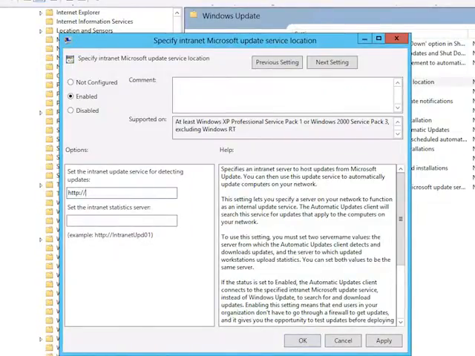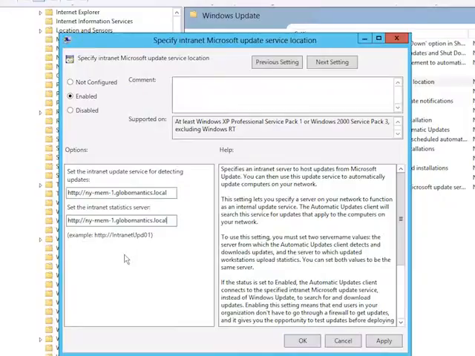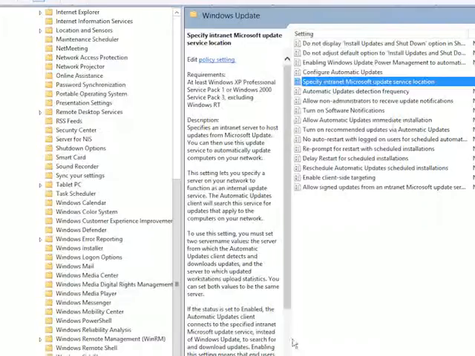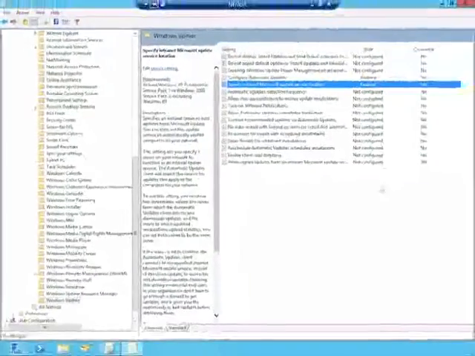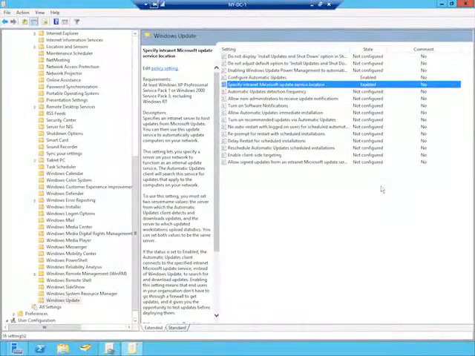and then I'm going to do ny-mem-1, if I could type, globalmantics.local. Okay, so this is where we tell it to use that server as its Windows Update server. So by doing those two settings, we've now made it that every client in the